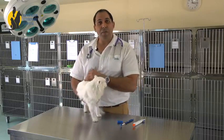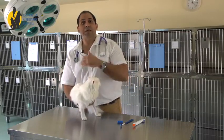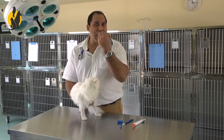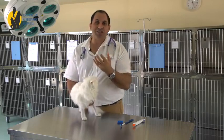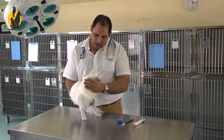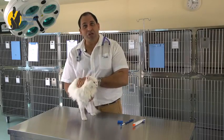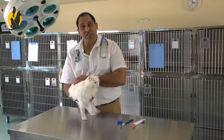As you can see, I managed to give him the paste to start with, put my finger on his gums and rub on the side teeth, because tartar always accumulates on the outer side of the teeth. So we end up having this issue very commonly. All we are aiming for is to brush the outer side of the teeth for Martin